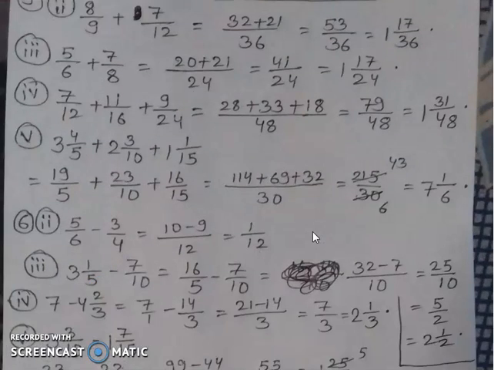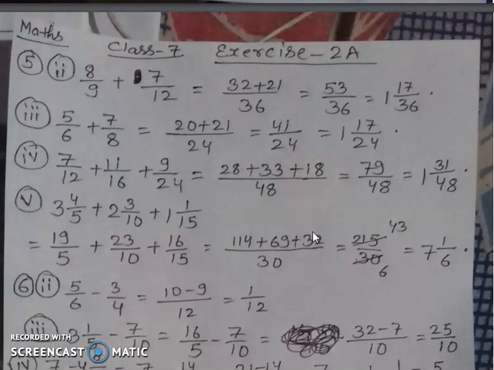If you see question number 5, 4 I already explained. So in 5, there is find the sum. 1 I already explained, so from 2 I am doing. These both are unlike fractions. So I have taken the LCM of 9 and 12, that is 36. 36 divided by 9 is 4. 4 into 8 is 32. 36 divided by 12 is 3. 3 into 7 is 21. So I added, then it became 53 by 36. When we divide it, we found 1 as quotient, 17 as remainder, and 36 as divisor. So 1 17 by 36 becomes its final answer.